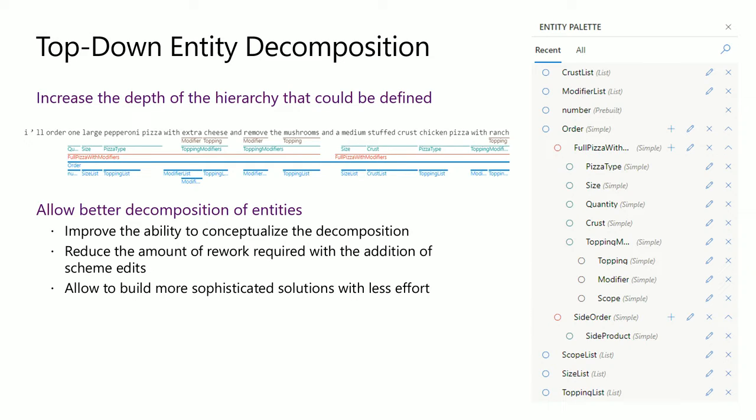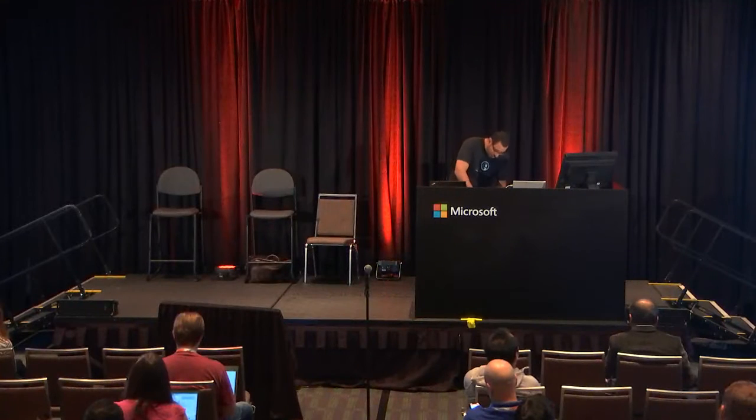So suddenly I define that I can have mushrooms on half of my pizza, so I do have a notion of a scope. So all I do is just add it under the toppings. Once I see that there's a half, I go through the labeling process and I continue because it has not existed previously. So it makes it more efficient and much easier to build. And it allows you to build more sophisticated solutions with significantly less effort. So to that, let me go back to my bot.